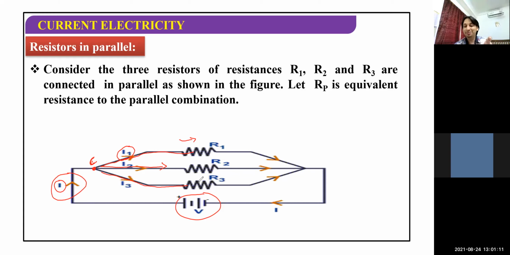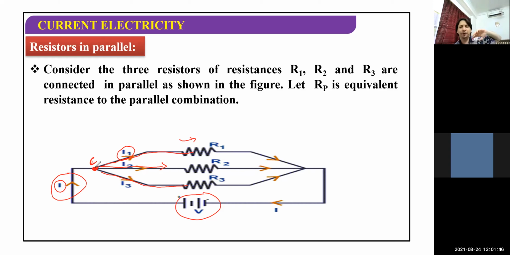So basically what is happening here, if you observe carefully, it means in a parallel combination, current divides. In series, we have seen the same current was passing through the resistances R1, R2, and R3. But here, current divides at the point C. So now the current finds that there are three different paths to flow. Suppose I stand there at point C, and I find that there are 3 or 4 ways to move.